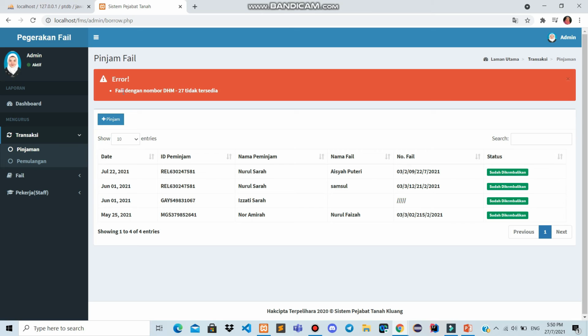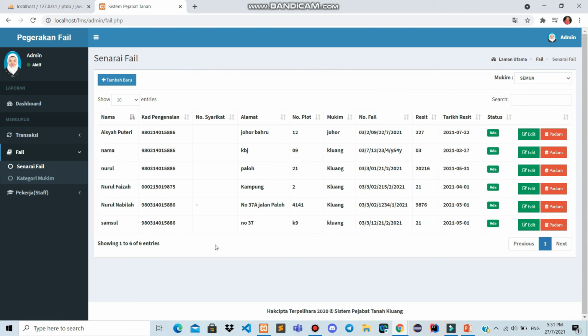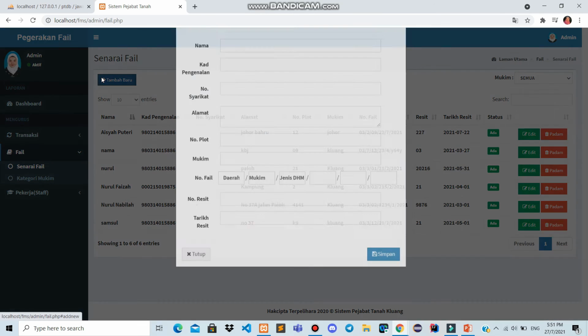We must know the file number DHM. If there is no such file, the message will show that the number is not provided. So we can check the file number, which is file number